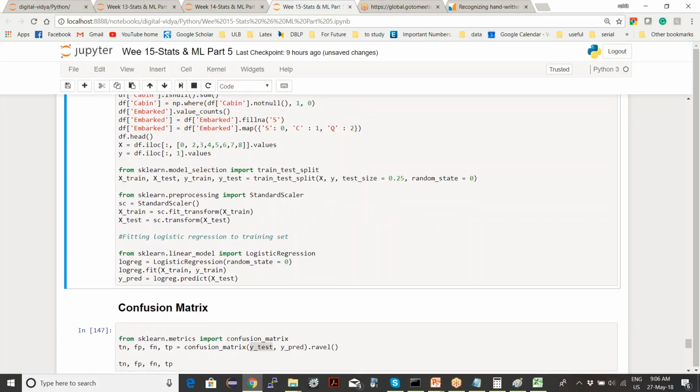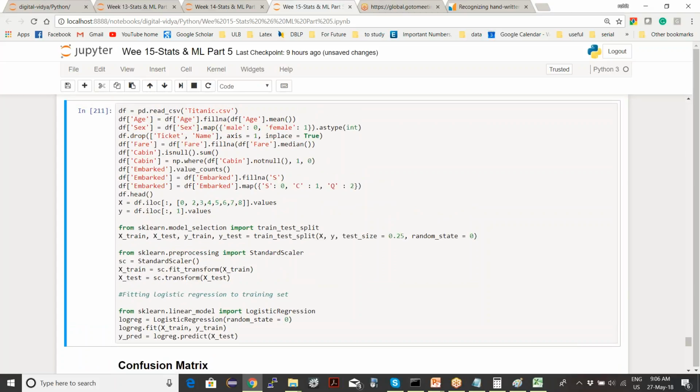Any questions on all of these steps? This is what we did in weeks 11, 12, 13 or so.